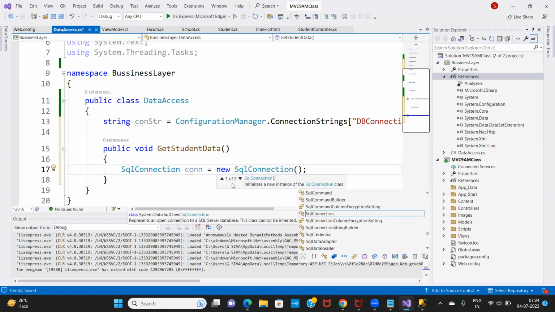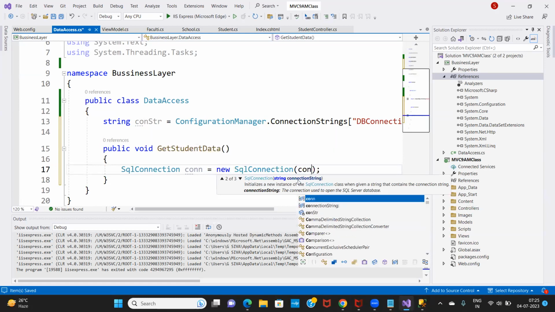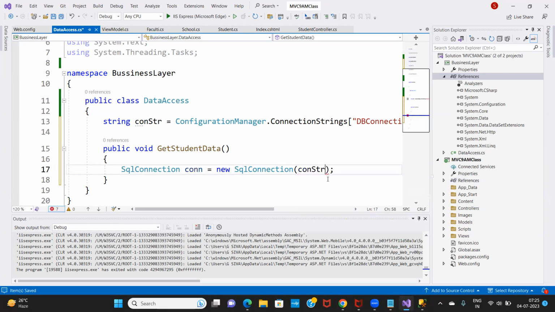If you open this bracket, click on this overload method. Now see, it is expecting the string connection string. So we have to pass the connection string here. So this connection string from here, conStr, I'm passing the connection string. This is the connection string I'm passing. And then